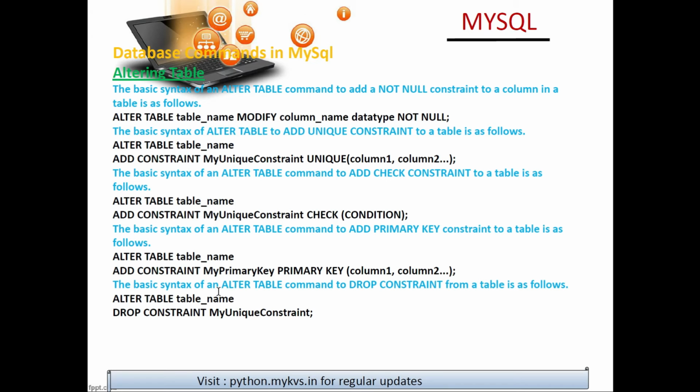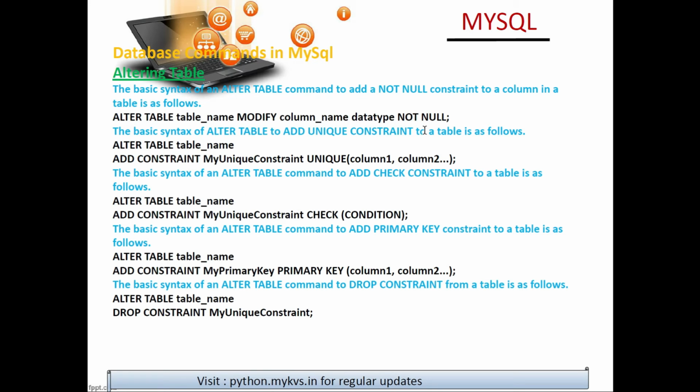Okay, with the alter table command, other conditions are also given. Mostly you need this query: alter table, table name, modify column, data type, and then you can also use the not null constraint.